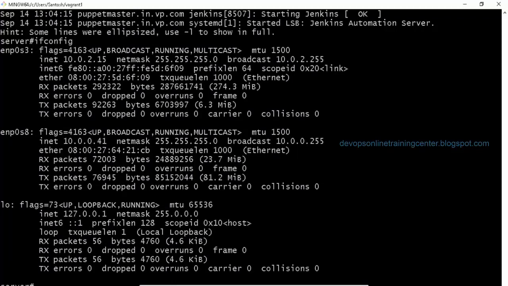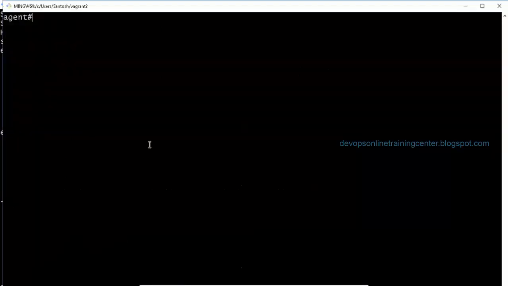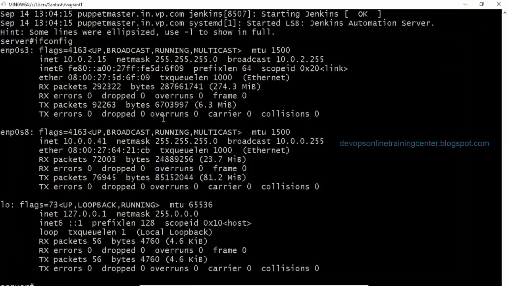Which password for the server? No, I'm trying to put the static IP here. So how would I do the static IP? Let's say I have this 192 IP or 10.0.41 IP. I want to make this. There is a way to set the IP for the Vagrant machine even before you create it, right? So in the Vagrantfile itself, you can mention that IP. Okay, so you have to mention that in the Vagrantfile. Yes.